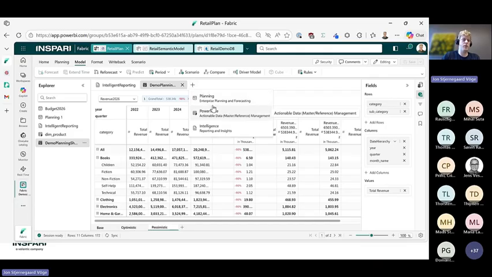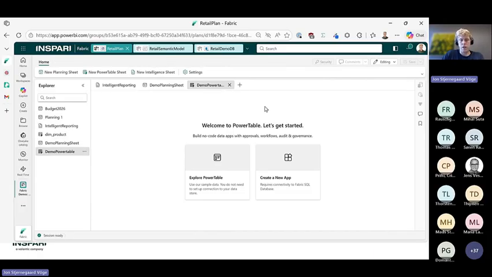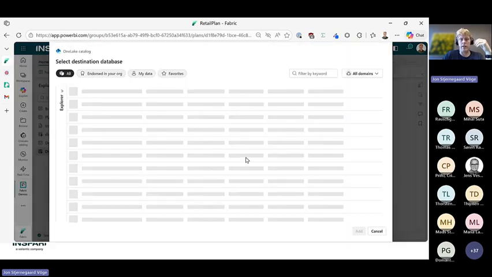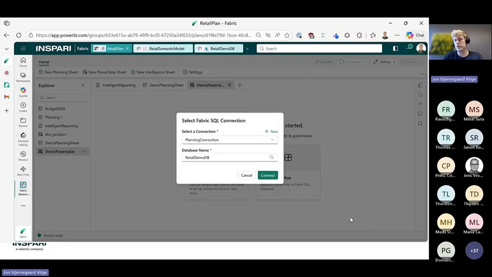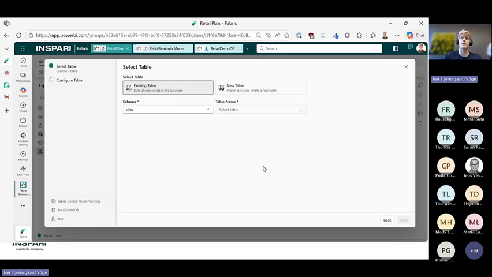All right. Then let's jump ahead to the next component, the power table, the one that I'm maybe the most excited about myself, but that's, I'm damaged by solutions I've built in the past. Demo power table, just create something new here. Here we go. I'm creating a new table here. I can either connect to an existing SQL DB, or I can upload an Excel sheet. No matter what, I need to define a SQL connection that I can use as the data destination, the write-back destination for this power table, because it will be maintaining a table inside of a database no matter what I do. While planning can sort of live in memory, and it's a little weird like that, power table needs a destination table.